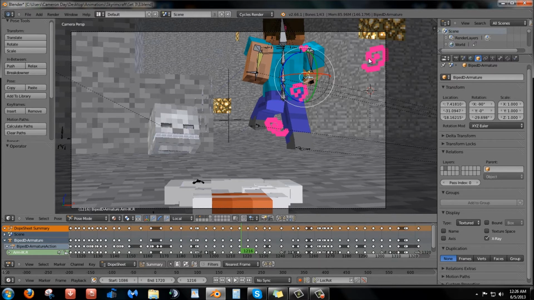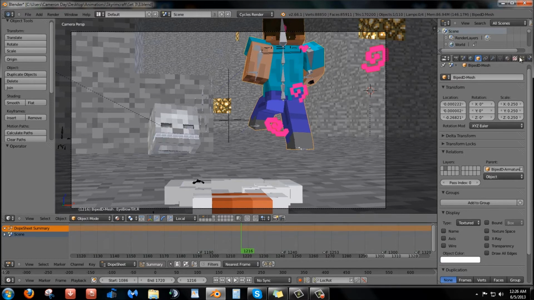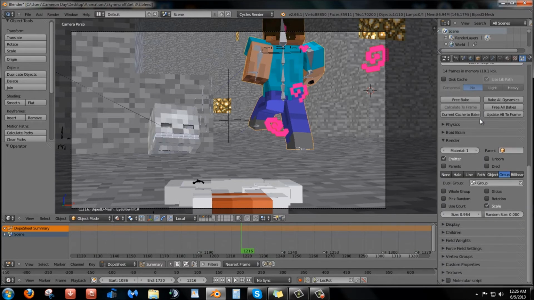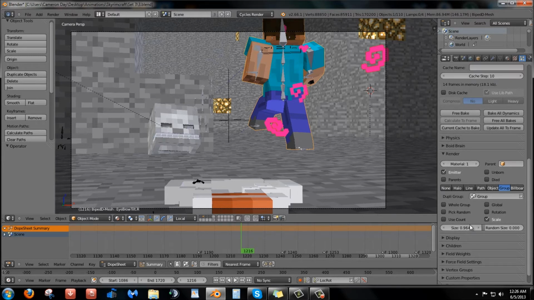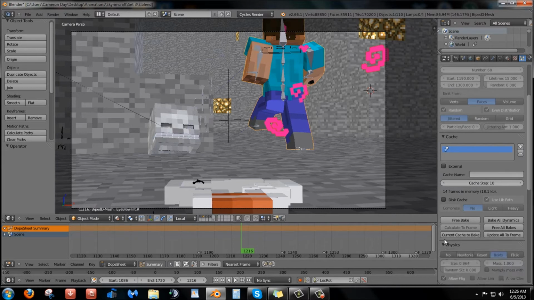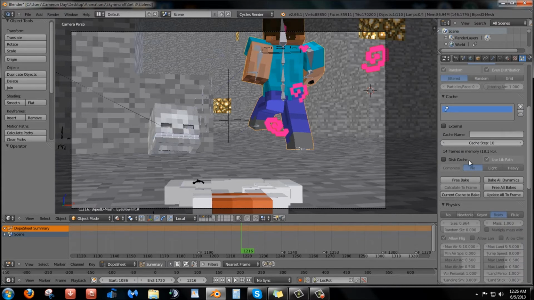Basically, this particle system was made not of one object, but of a whole group. I think this one actually used, let's see, did it use? Yeah, it used the Voids.